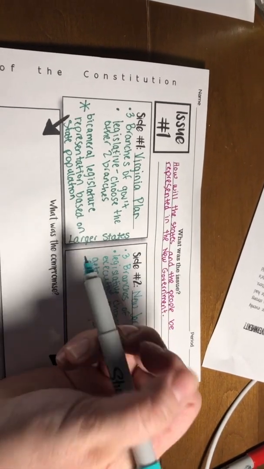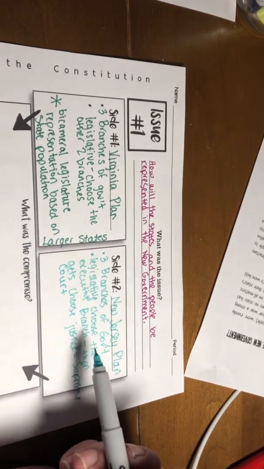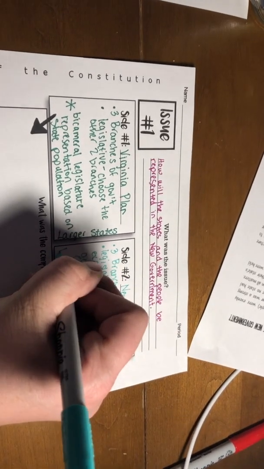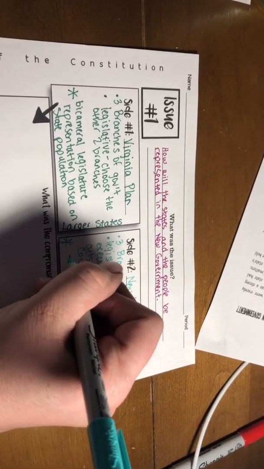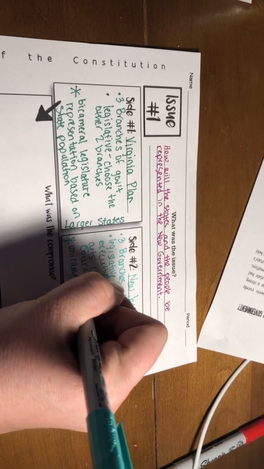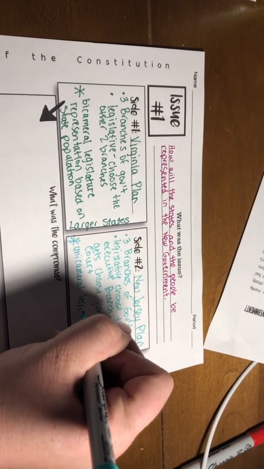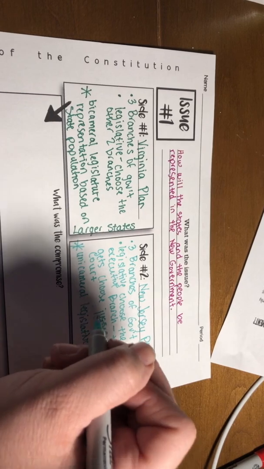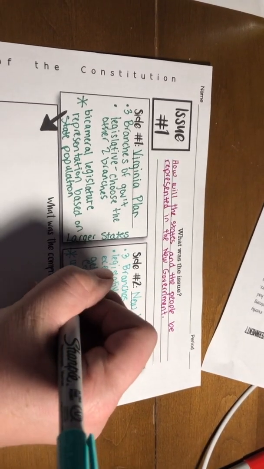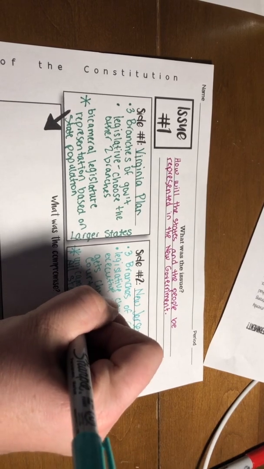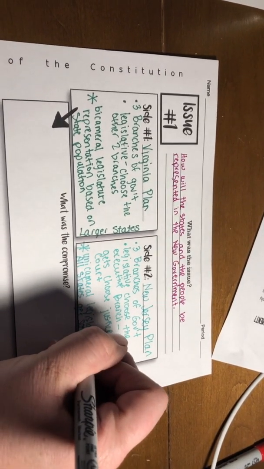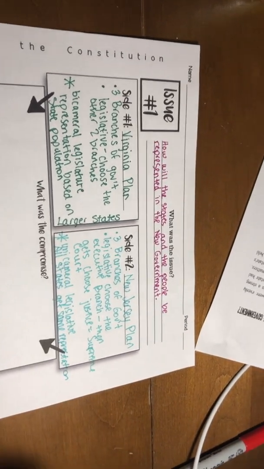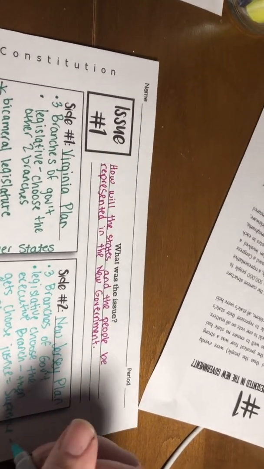So the difference right there is here, the legislative branch got to pick everybody. Here we have legislative picks executive, executive picks the judicial. And then here's our big difference, okay? We're going to have a unicameral legislature, which means there's only one group in the legislature, one group in Congress. And that is all going to be based where everyone gets the same representation. All states get same representation. So it's not based on how big you are. Everybody gets 1 vote, everybody gets 2 votes. Whatever it might be, everybody gets the same.